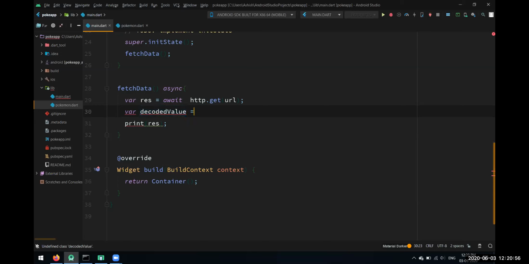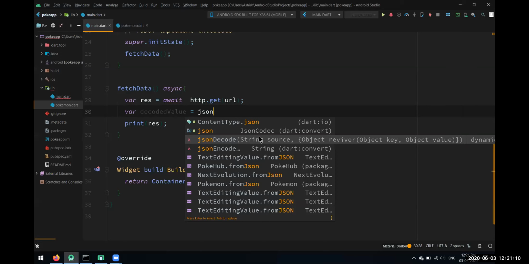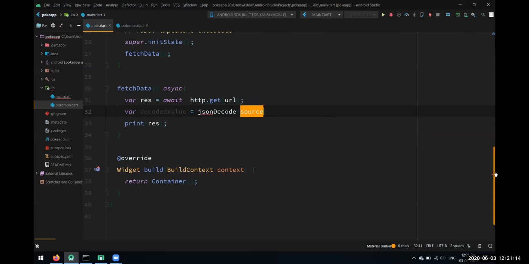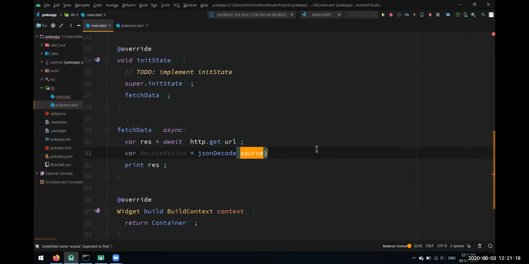Here we'll use one inbuilt function, that is JSON decode. For JSON decode, you have to import the Dart convert library, so it will auto import it for us. See here, we got the Dart convert library.